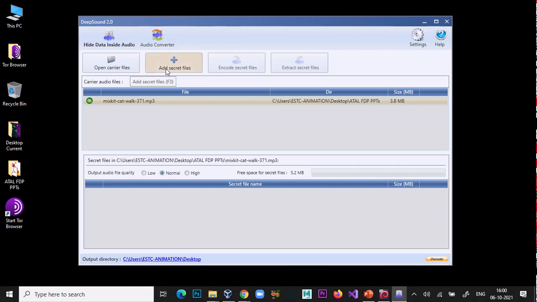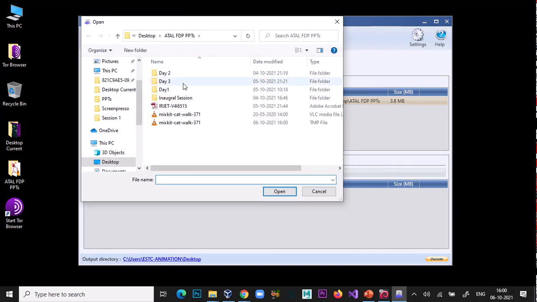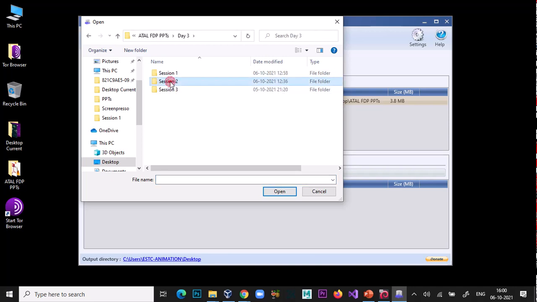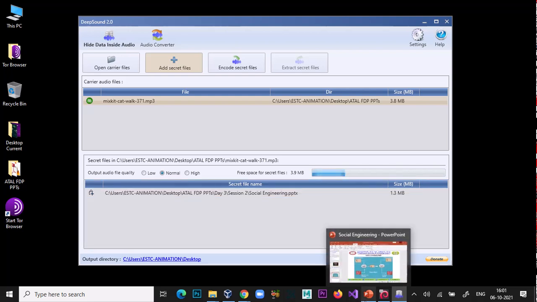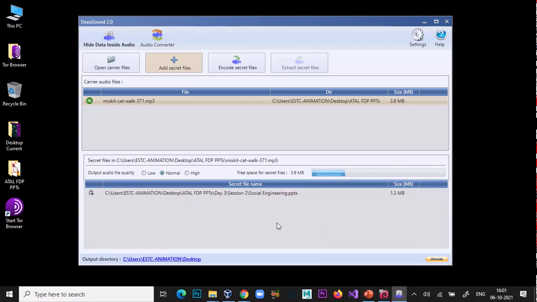Now you have to add your secret file here. Here I use the Day 3 presentation of social engineering. Okay. Here you can select output file quality: low, normal or high.